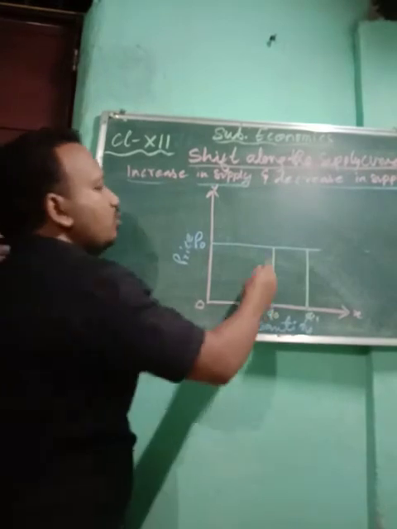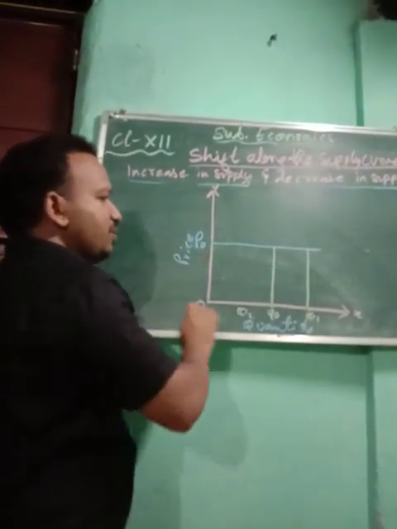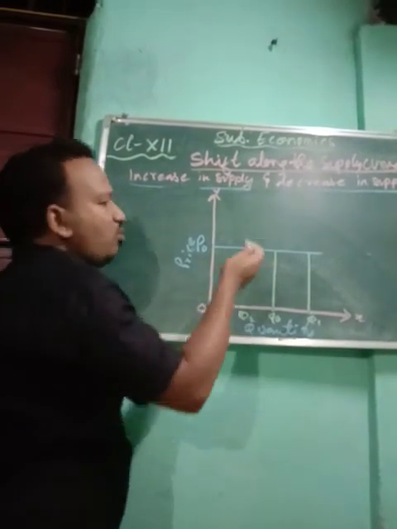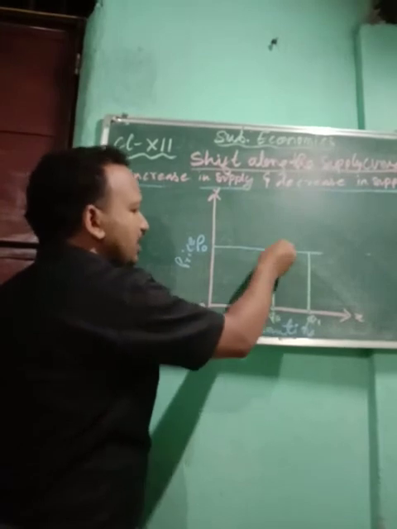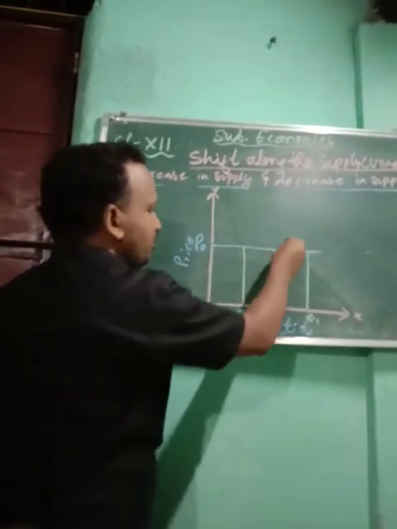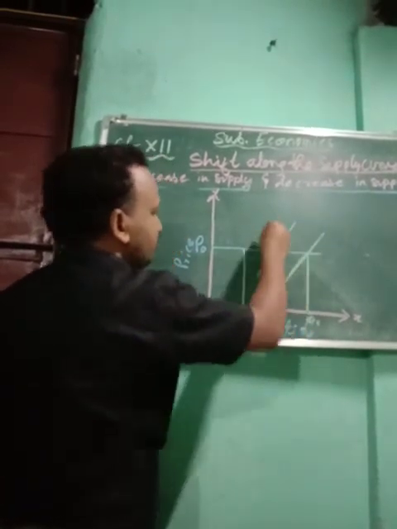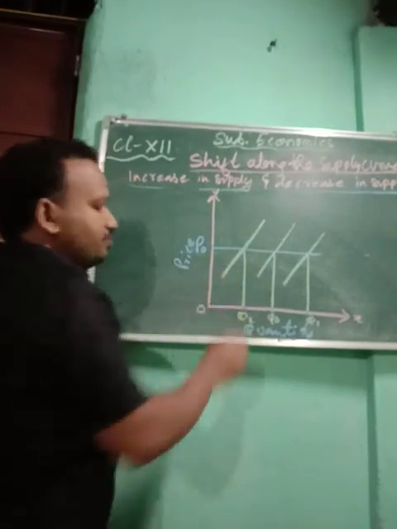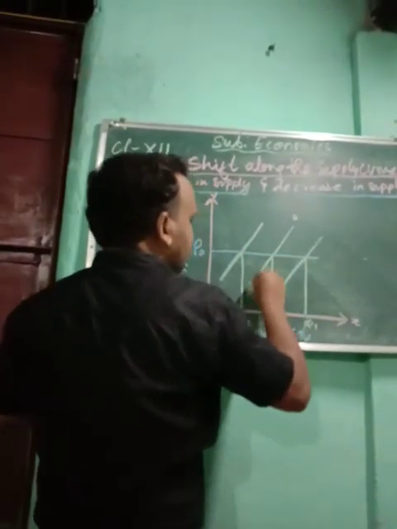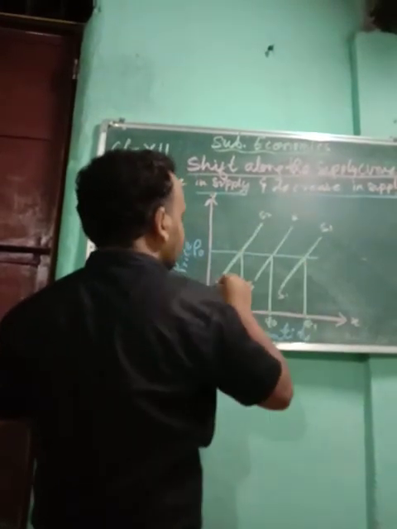so naturally the supplier will be ready to supply more at a given price. Okay, so what will happen? Supply will increase, the quantity of supply will increase at a given price. It's the same explanation as just now. So if the cost of the production will increase, so at that time, the supply will fall. So you see middle one, base, second, third one. So here S1, here S2.